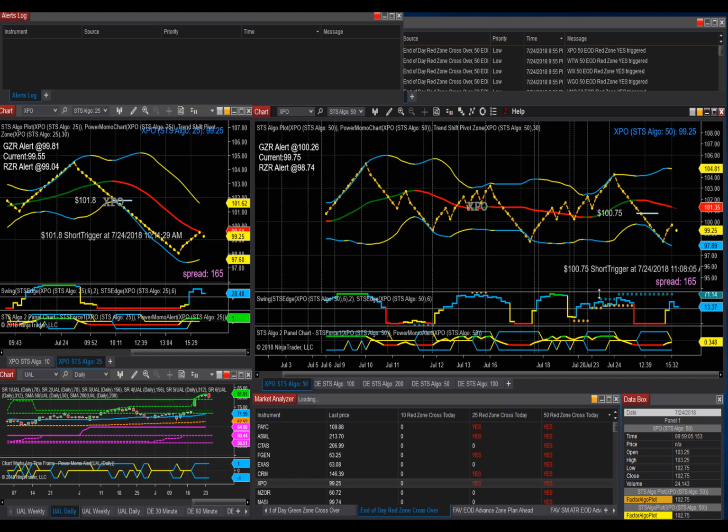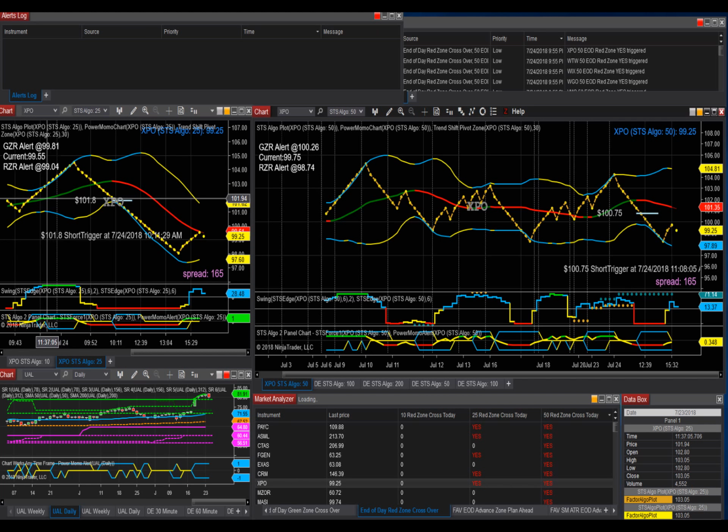This particular stock we're looking at is XPO, and based on our chart, we have an end-of-day scanner. When you're running scans, you have to get something intraday. You have to be there exactly when it happens to pick it up. We have custom proprietary indicators that don't require that at the end of the day. It can look back and know that yesterday at the close of business, the chart was in the green zone,